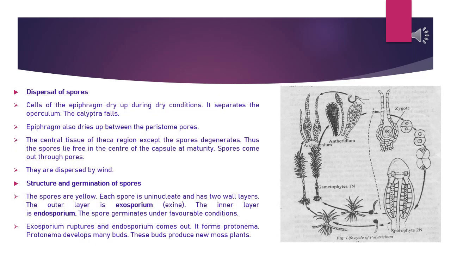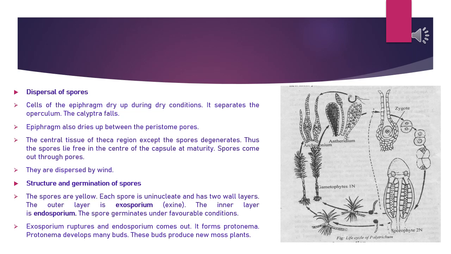After the maturation of the sporophyte, it releases numerous yellow colored, uninucleated spores. So the sporophytic stage starts from the diploid condition, and later during development it releases the meiospores, which are n in number, meaning they are haploid in nature. These spores get dispersed by wind. After dehiscence of the sporangia, it liberates the spores with the help of the wind, and they fall on a suitable substratum and undergo germination